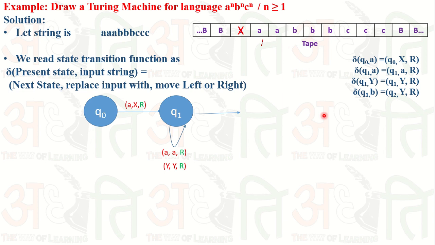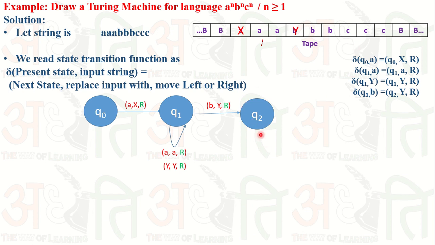So what happens? At the state Q1, if the input is a B, then we replace that B with a Y and go to the state Q2. So we simply move to the state Q2, mark this B as a Y and move right. Why do we move right? Because there is one more character, C. In the previous example, there was only A and B, so we were moving left. But now we have A, B and C, so we move rightward to find the C.